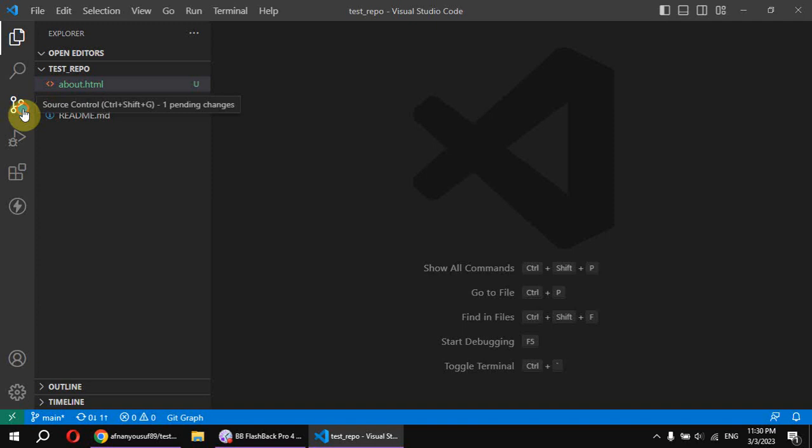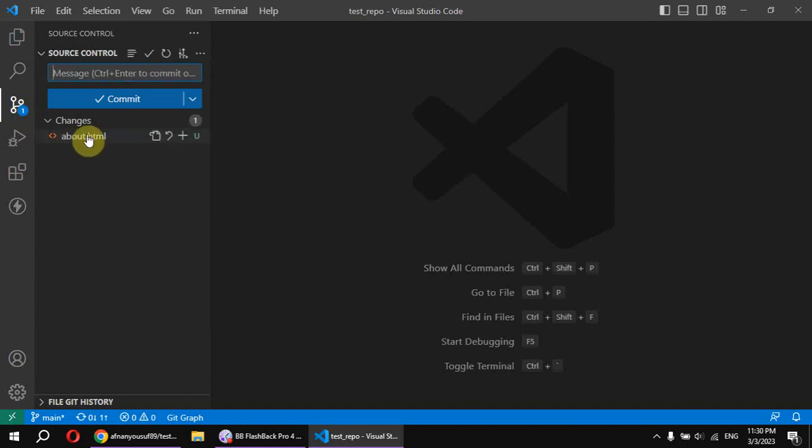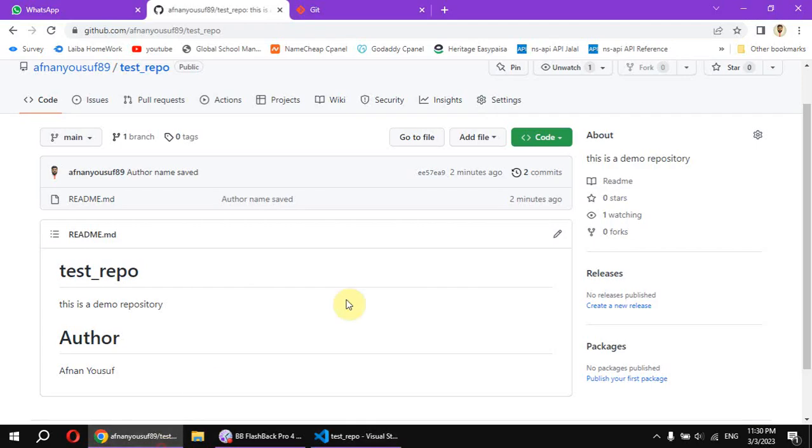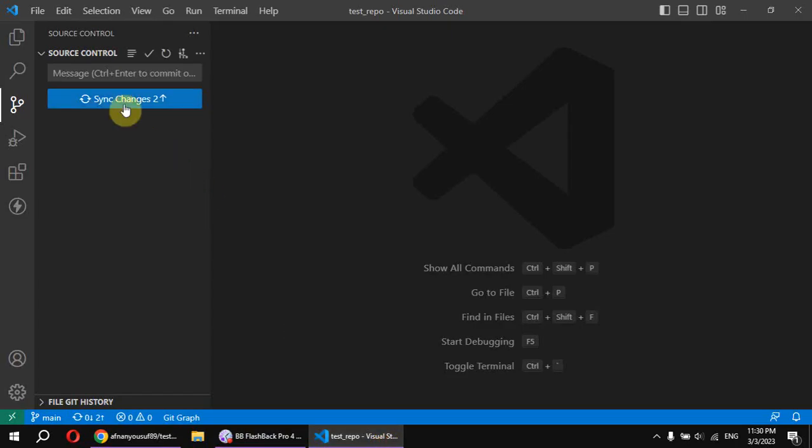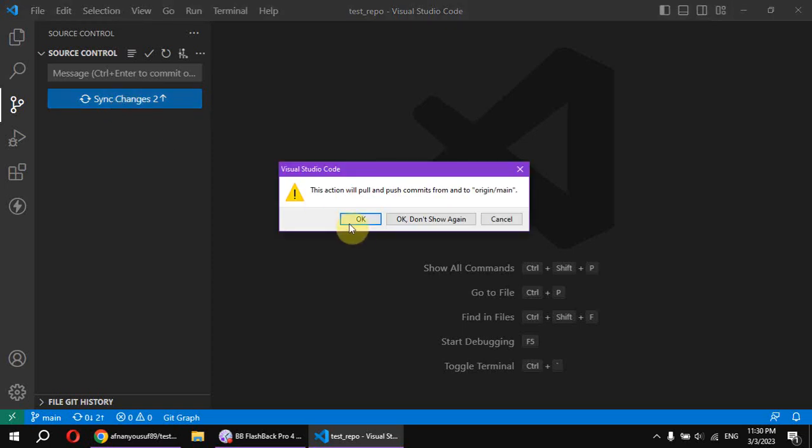So now you see on the local PC there's just one change, that this file has been added. I'm committing it, about page added. So my local repo is 2 commits ahead, right? And there's no commit here for these 2 changes. I'm just saving changes. Yes,